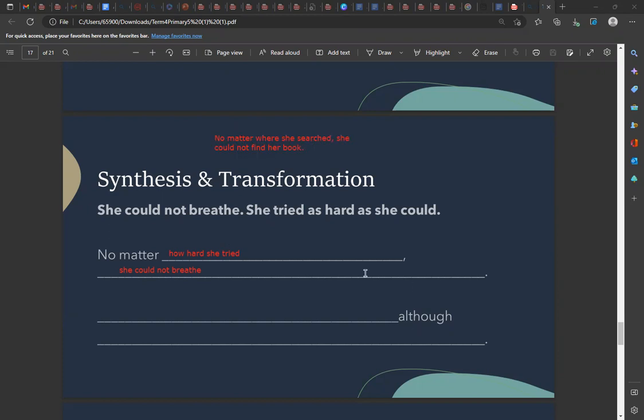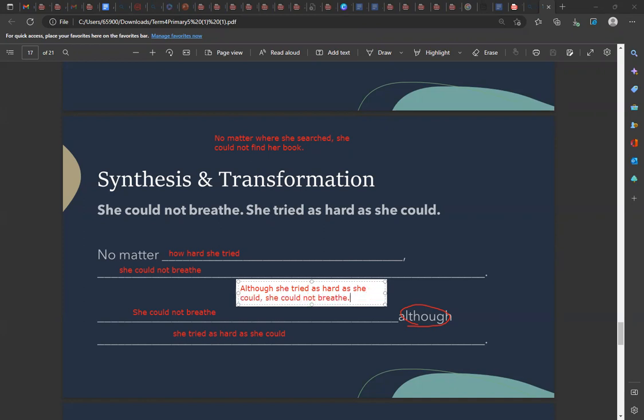Now, what about a transformation which involves the word although at the center? The answer would be, she could not breathe, although she tried as hard as she could. Although actually means even though. And sometimes although is at the middle of the sentence, other times although is at the start of the sentence. So if although were at the start of the sentence, we would say although she tried as hard as she could,